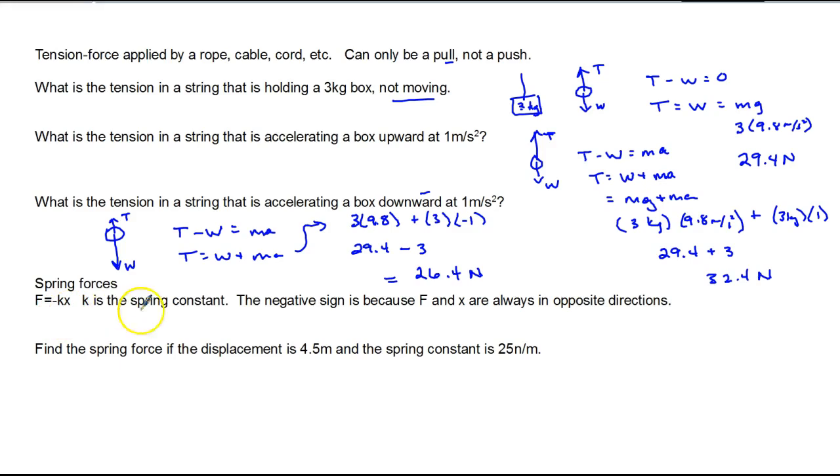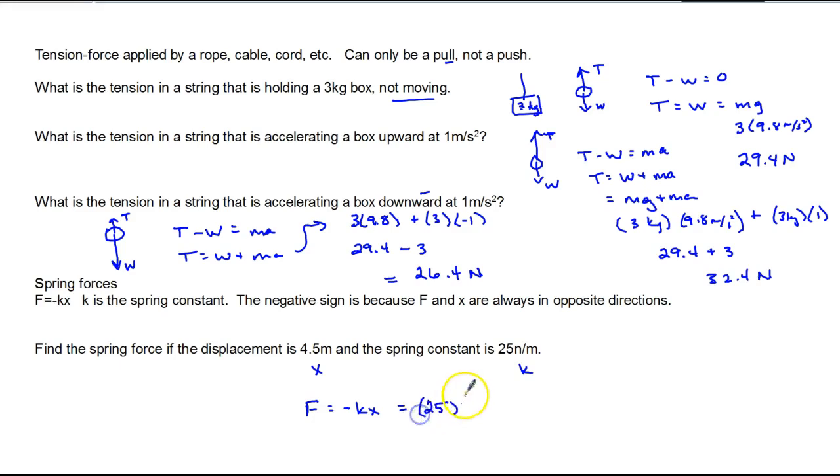Spring forces. k is called the spring constant. The negative sign is because the spring force, the force that the spring is exerting, and the displacement are always in opposite directions. Find the spring force if displacement is 4.5 meters and the spring constant is 25 newtons per meter. So F equals minus kx equals